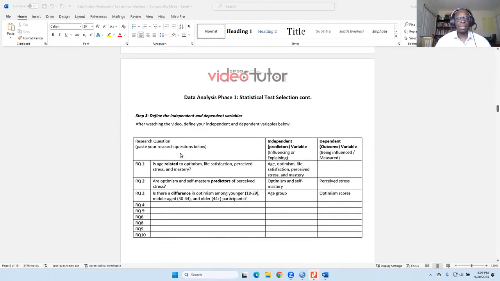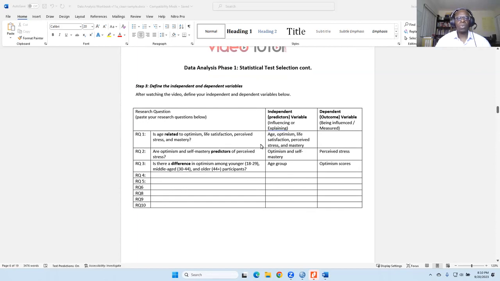Then step 3 on day 1 was to identify the independent and dependent variables. We said that anytime we have a relationship question, the assumption is that there is a bidirectional relationship. So there is no variable that is being influenced. It is a mutual influence, so all of the variables are independent. With prediction, it's different, because the assumption is that one variable or multiple variables are affecting another variable.